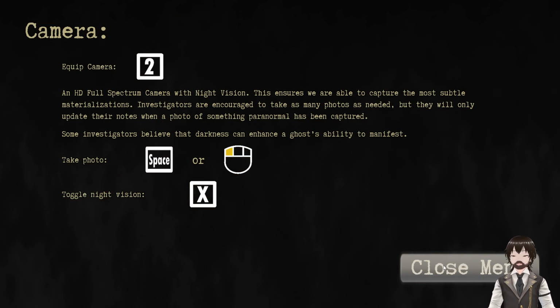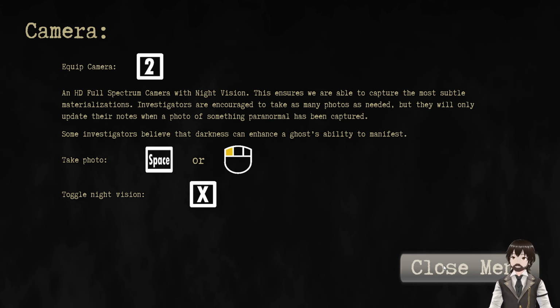Equip camera. An HD full spectrum camera with night vision. This ensures we are able to capture the most subtle materializations. Investigators are encouraged to take as many photos as needed, but they will only update their notes when a photo of something paranormal has been captured. Some investigators believe that darkness can enhance a ghost's ability to manifest. Let's take a photo, so it's